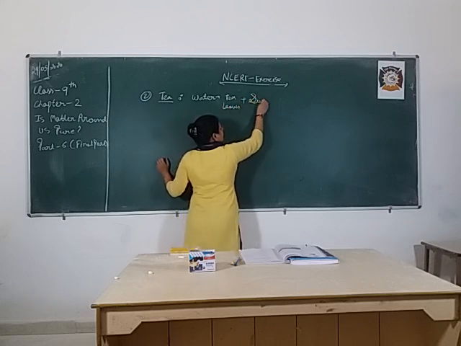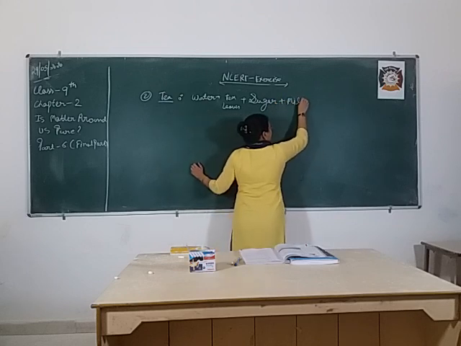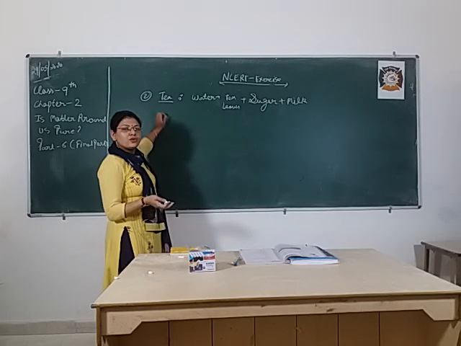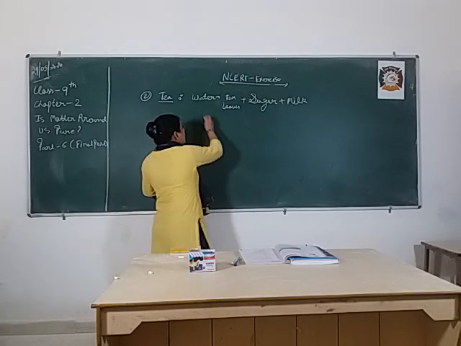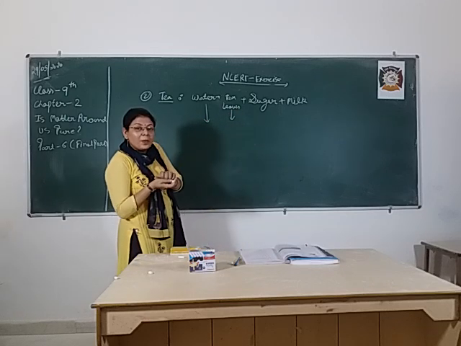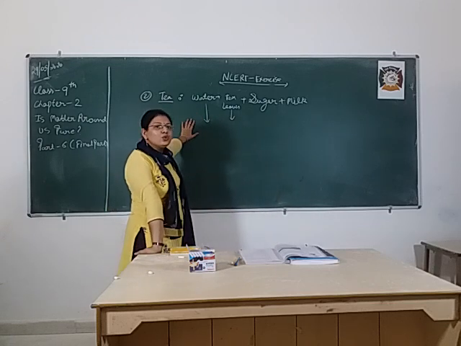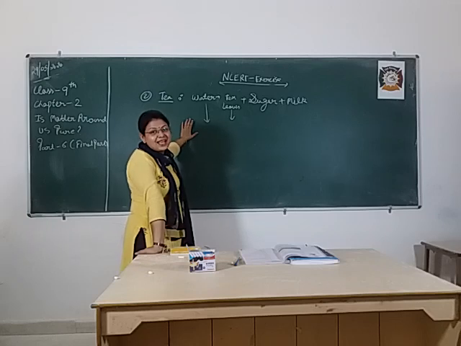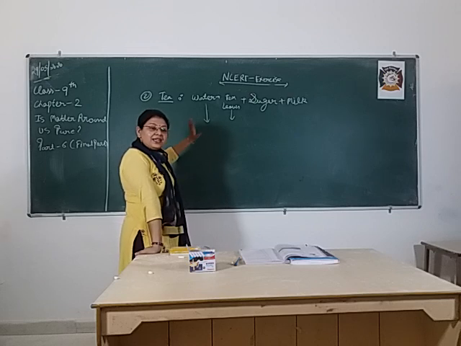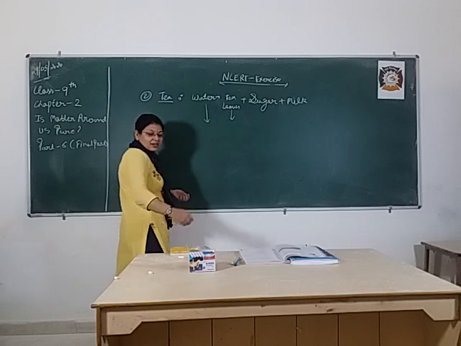Then after tea leaves, sugar, then milk, and you are going to make 3 to 4 boils in that particular solution, and what you are left with? You are left with the tea. But now it's chemistry. You have to make tea with the help of chemistry terms. That means you have to use here the chemistry terms. So being a science student, it's a very interesting activity to do. That means you have to explain the tea making process in terms of chemistry. It's very interesting. Okay, sounds very interesting, na?